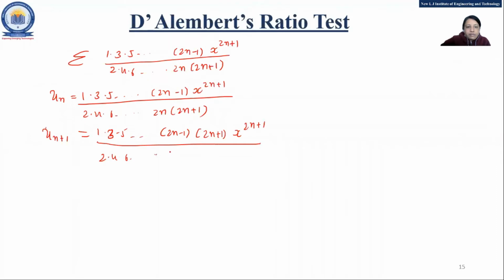Fine. This is two step, right? So we'll write up to 2n. Then put n equal to n plus 1 into this, so 2n plus 2. Again in that one, we'll have 2n plus 3. Why are we writing this term? Because we need to cancel all the previous terms, right? That's why we are writing it.